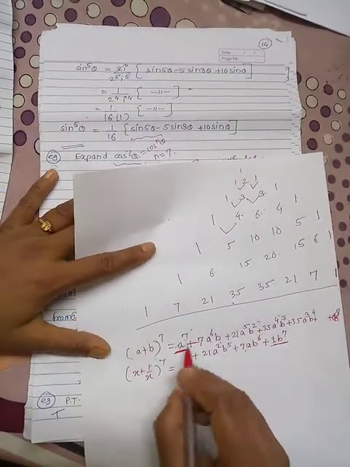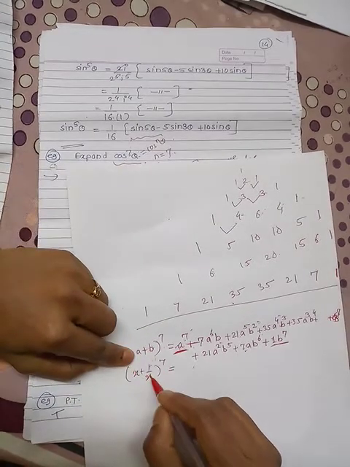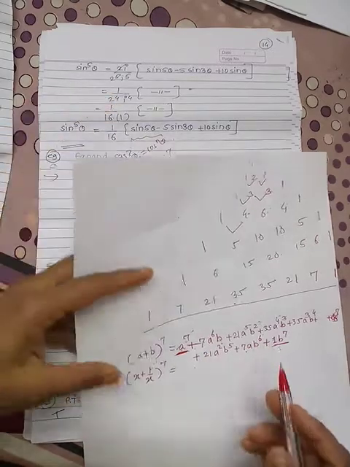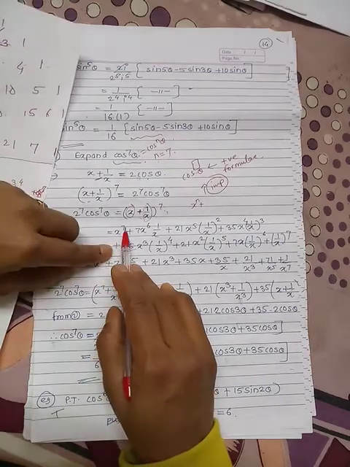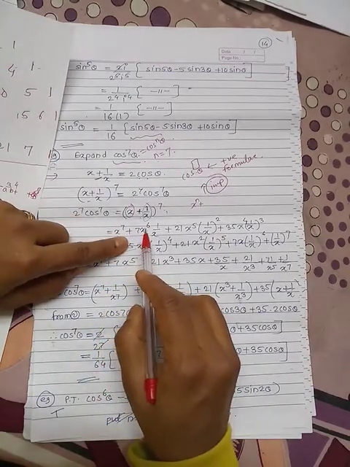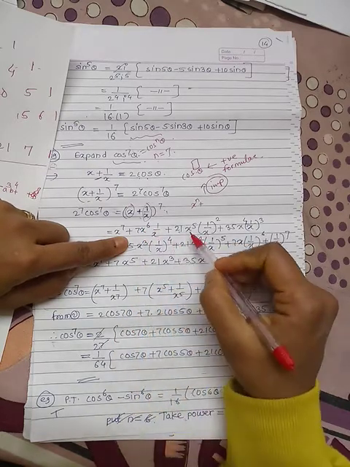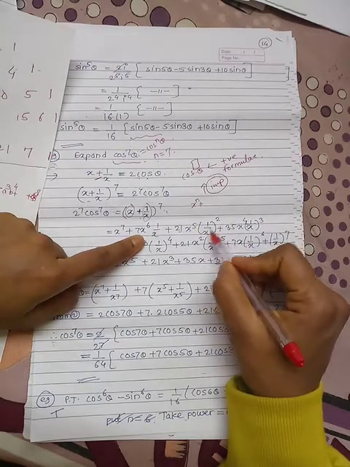So you apply this to x + 1/x. So a is your x and b is your 1/x. So put here a equal to x and b equal to 1/x. So here we get a raised to 7, that is x raised to 7, plus 7 a raised to 6, x raised to 6, b, 1/x, plus 21 a raised to 5, x raised to 5, b raised to 2, (1/x) square,